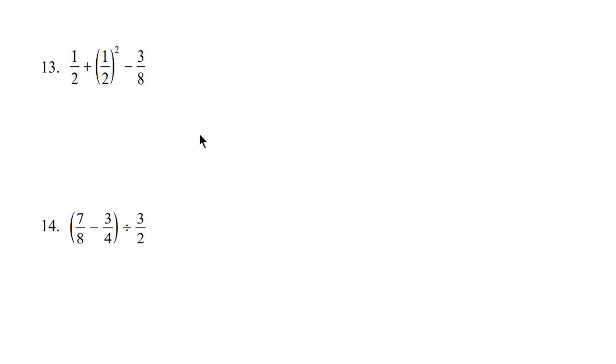I'm going to show a couple fraction questions now. Number 13, we have a half plus a half squared minus 3/8. So for this question, BEDMAS tells us we do exponents first. So I'm going to have half times half. That happens first. And half times a half equals 1/4. So I have 1/4